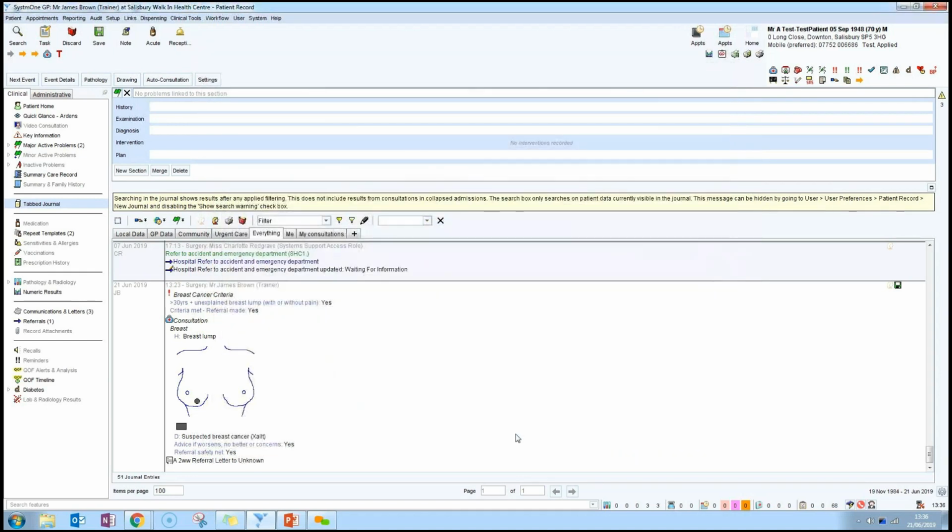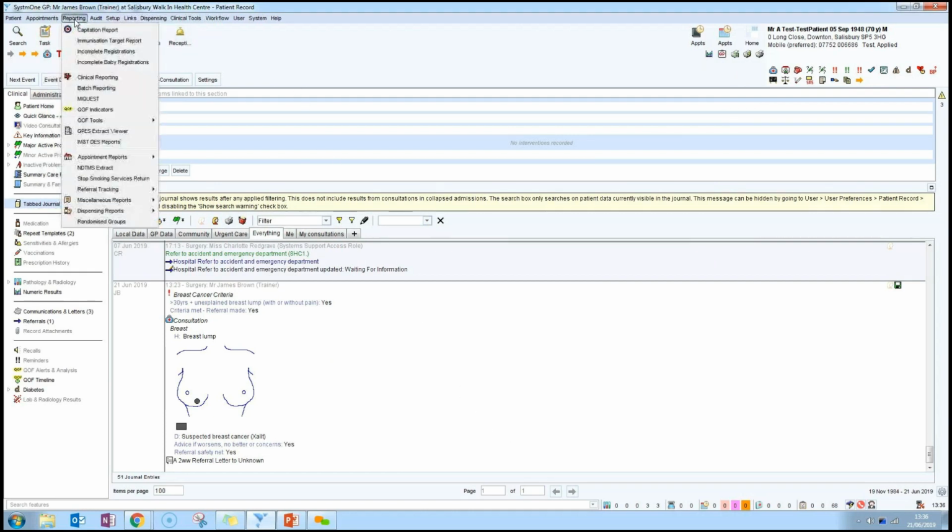Now, of course, as part of the local enhanced service localization exercise, it's not just the templates, but it's also the supporting reports that we make sure are up to date and available for you as well. So just to highlight where those are, if I go to the reporting menu in SystmOne here and select clinical reporting,